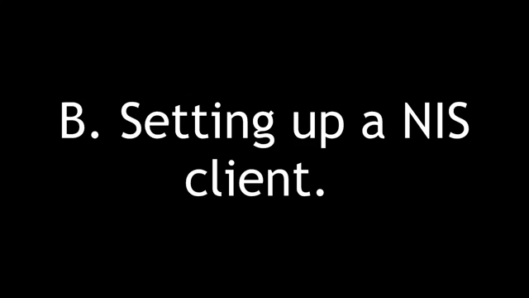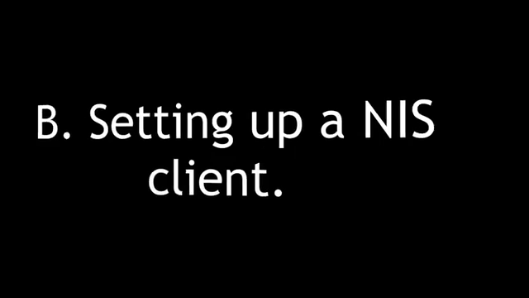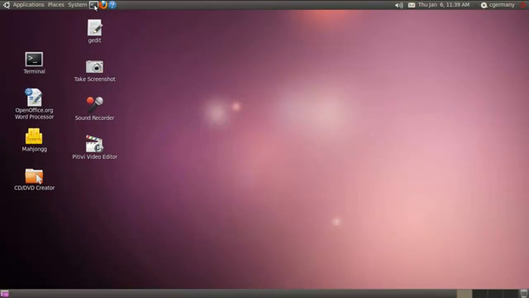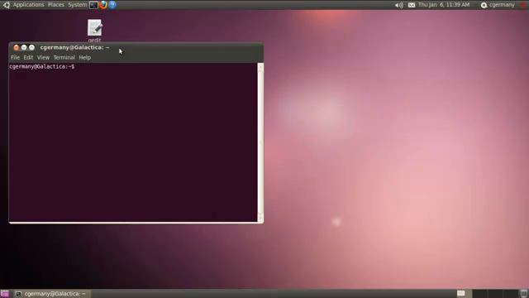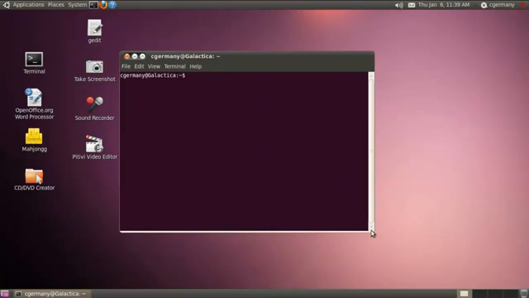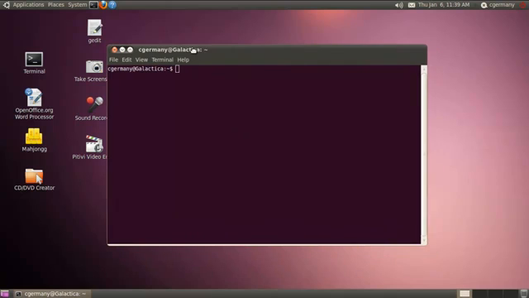We set up the NIS server. Now let's set up the NIS client. Now we're on what's going to become our NIS client. And with our NIS server set up to be our centralized database for authentication, now I can have multiple clients